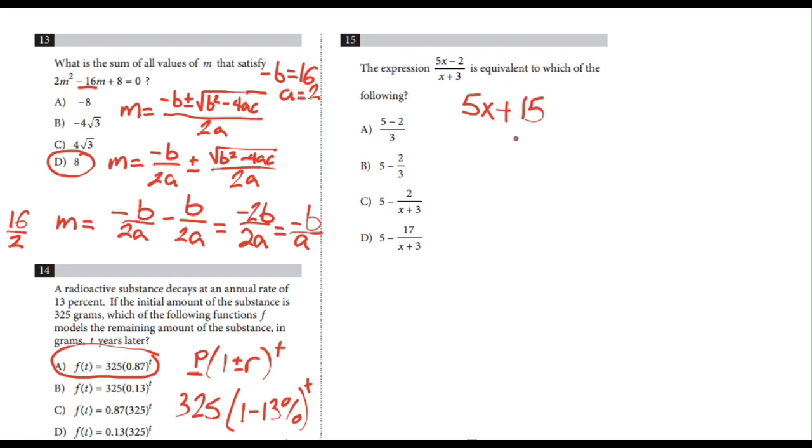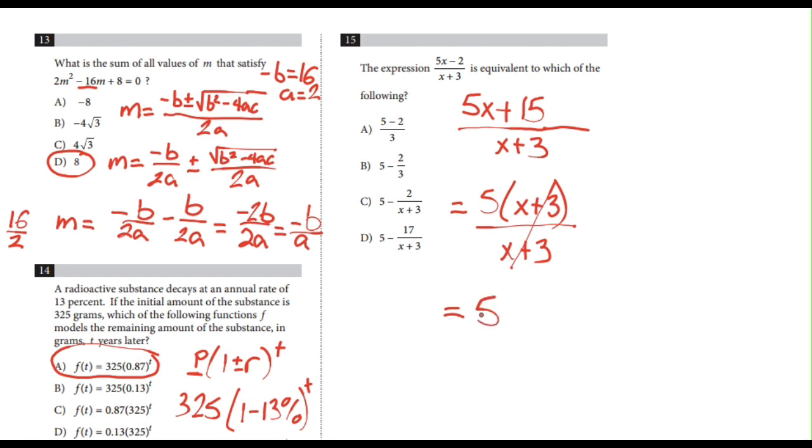And when we end up factoring out a 5, we'll get 5 times (x plus 3). And then we will be dividing this by x plus 3. And then once we simplify the fraction, these two x plus 3's will cancel and we'll be left with 5